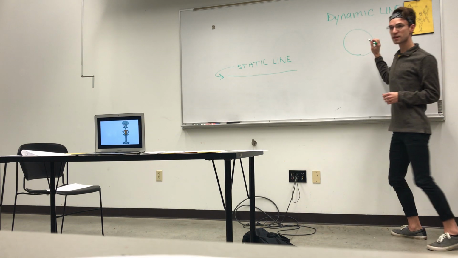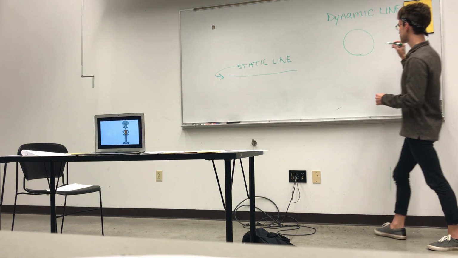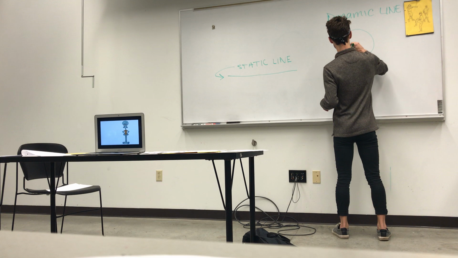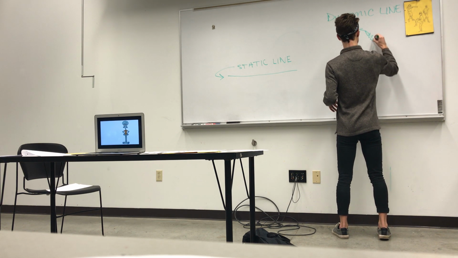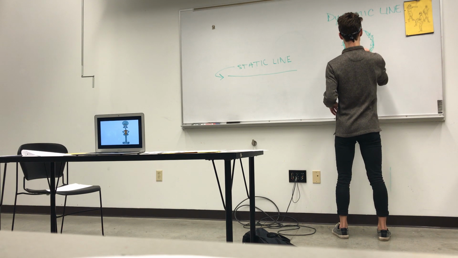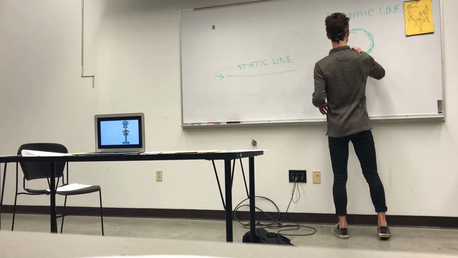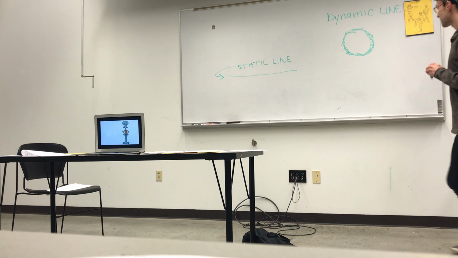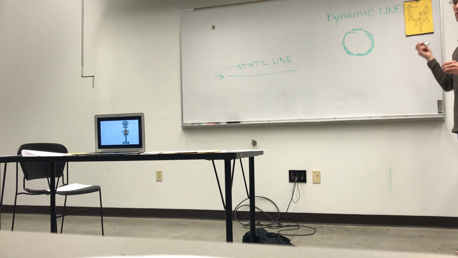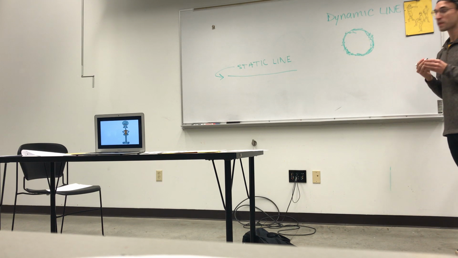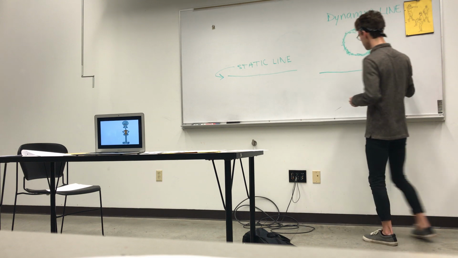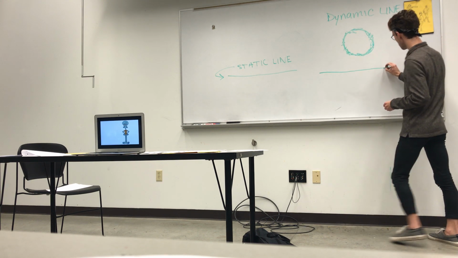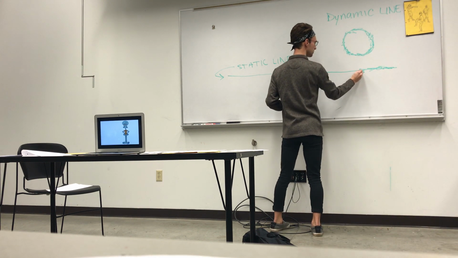So this, if you remember, is like using static line from what we talked about yesterday. But let's say I want to switch it up a little. And I am just trying to get the form of a circle using contour lines, and that's a circle. That's a circle made up of a lot of lines going in different directions that vary in length. They're dynamic. Okay? So if I have a line like this, similar to a static line, just for the sake of example,